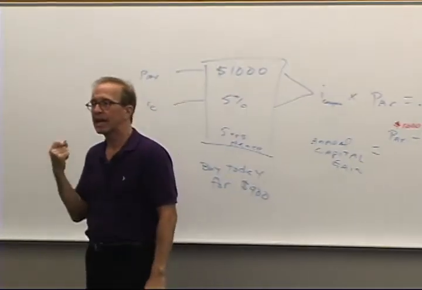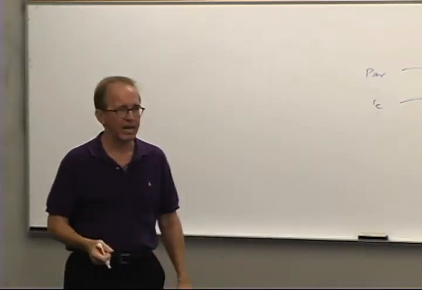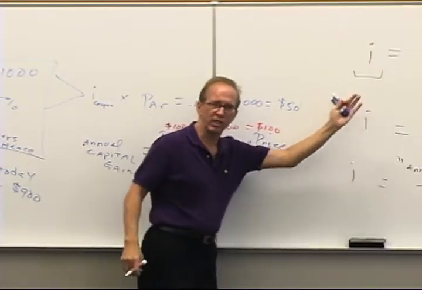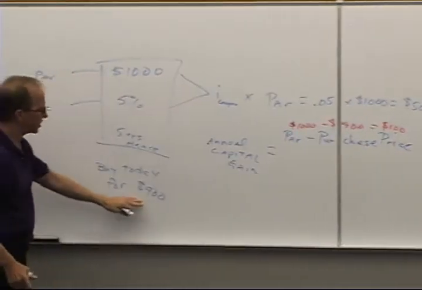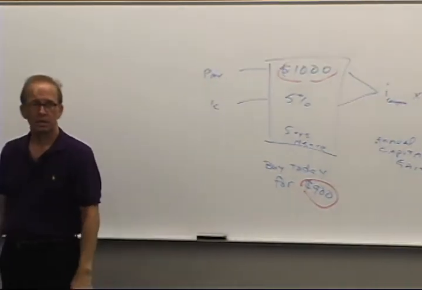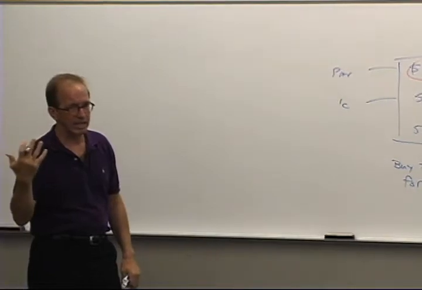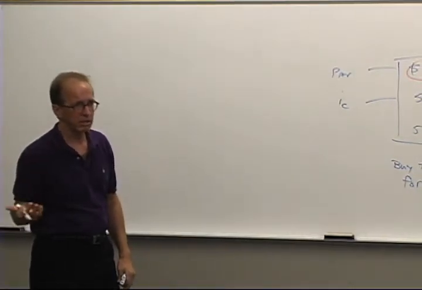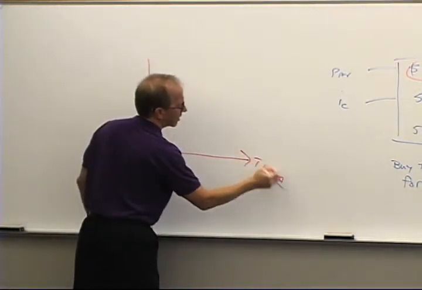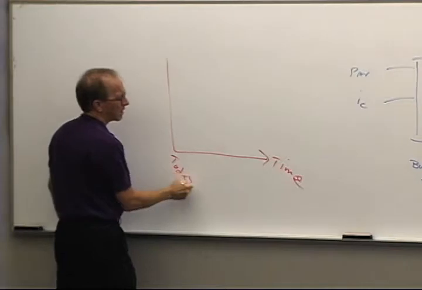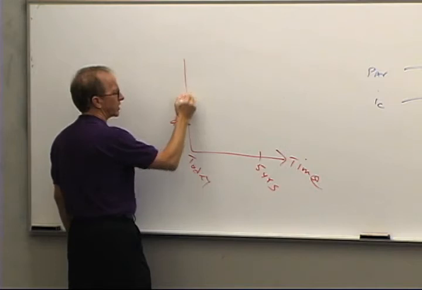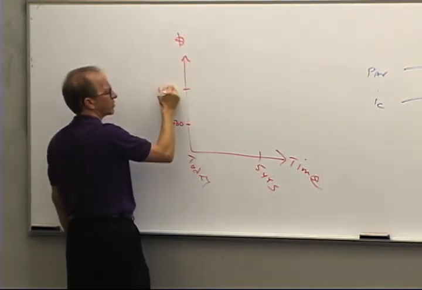But annualized. We've got to have an annualized return, because that's what we're asking for here, per 1 year. If we buy this today for $900 and it goes up to $1,000 between today and maturity, that's 5 years to get that $100. We don't get that $100 this year, right? Here's time. Today, 5 years hence, we pay $900 for it today. It goes up to $1,000 here,